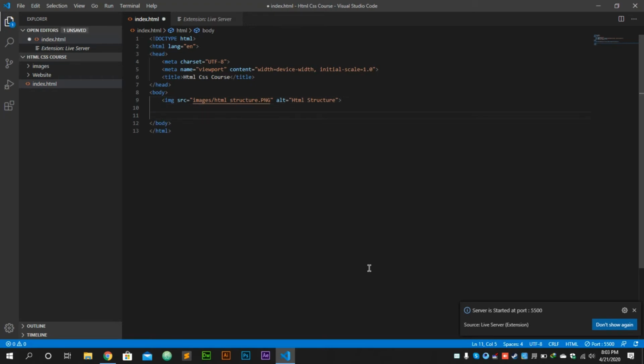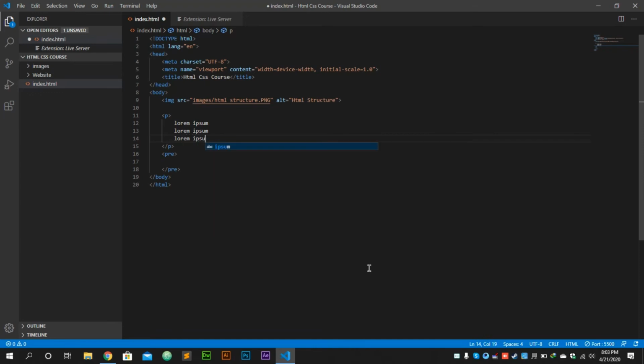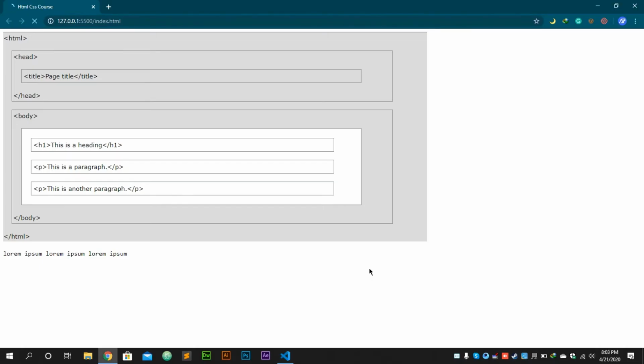Now we have the pre tag. First of all, I will show you an example. When I make a paragraph with line breaks, it will show all the text in the same line.